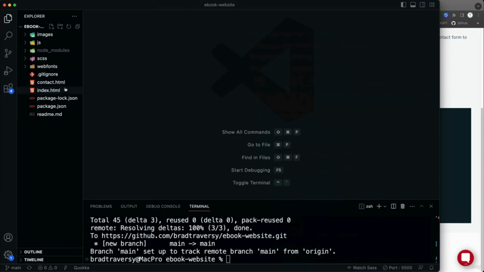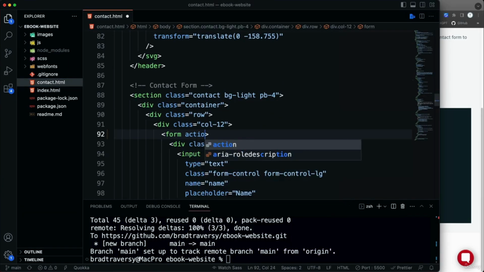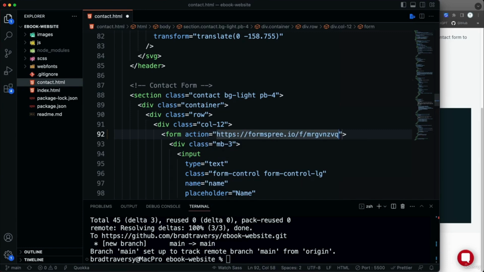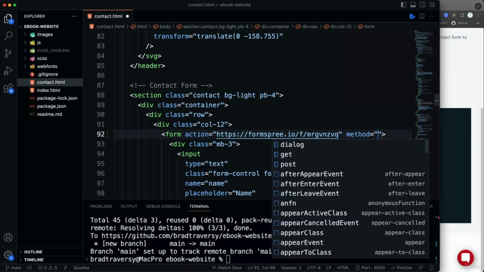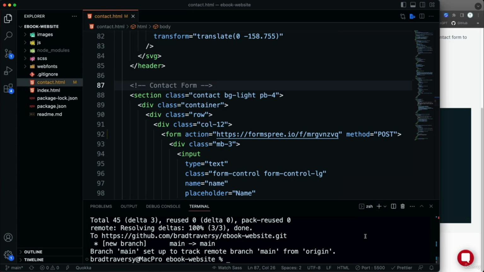But all we have to do is go to our contact page, go to the form. We're going to add action, and we're going to paste that in. Your endpoint will be different than mine. And then also just add a method of post. And that's it. Now, if I save this and I run git push,